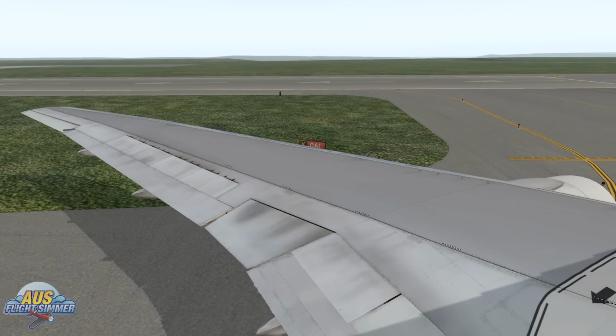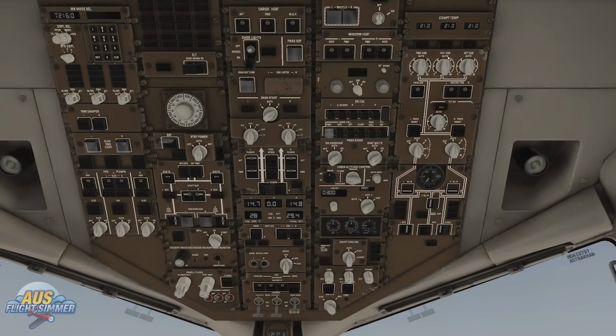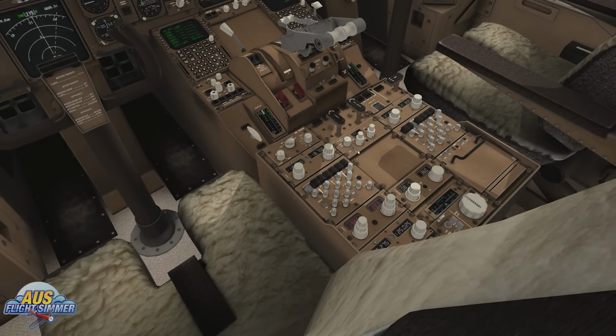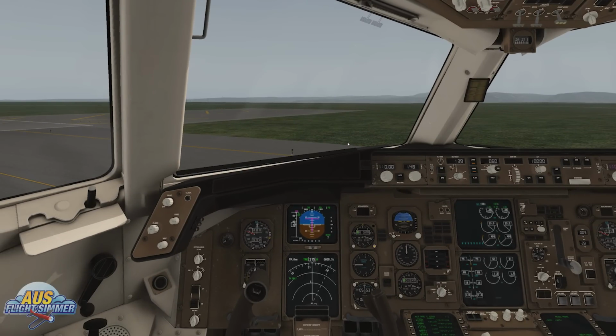So flaps going down to stage 5. I could have done that on the taxi and saved you all a couple of minutes, but you know, I'm not a smart guy, or else I'd probably be doing this for real life. So nose light is on, and our landing lights are on. Strobe is on, making sure everything in the overhead is looking okay. We turn our auto brakes to RTO, auto throttle on, put the TCAS on so everybody knows where we're at, and we're going to release brakes and roll straight out